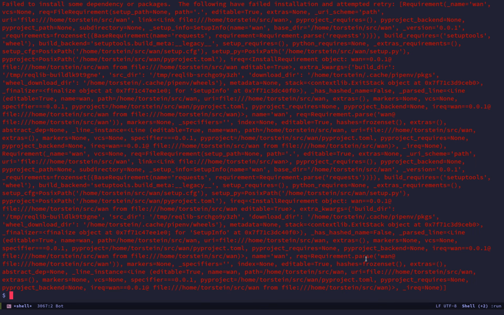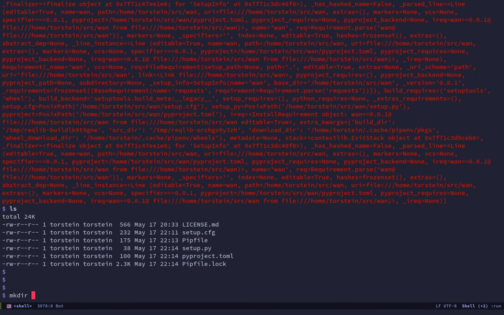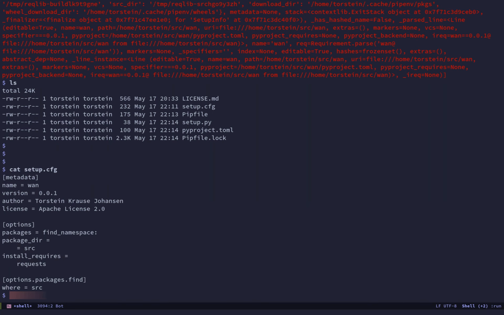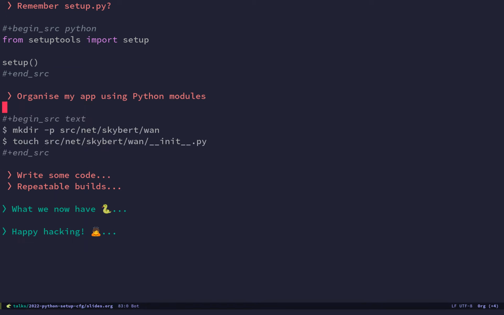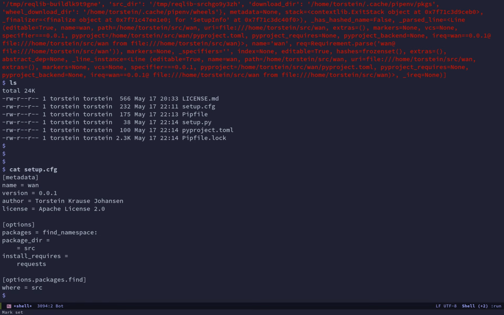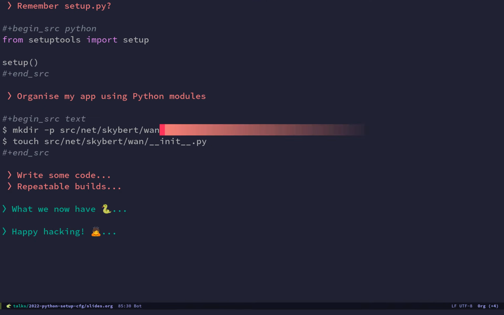So it still has a problem, and the problem is naturally that we haven't created any application. So in setup.cfg we can just cat the file and we can say, well, it needs to live in source. Let's see, what did I want to say? Oh yeah, we haven't even defined it, hang on. Okay, we can do that. We can create the path and we can just touch the init.py there, but we still need to,